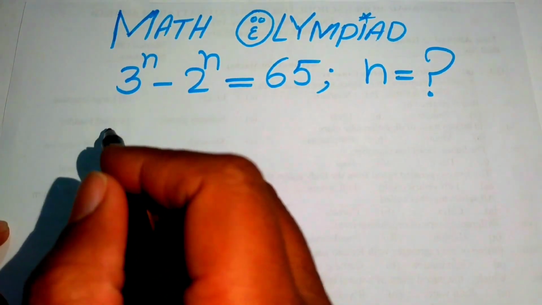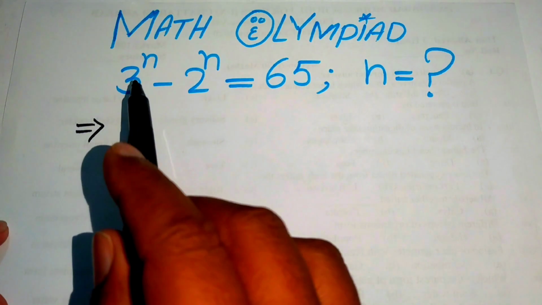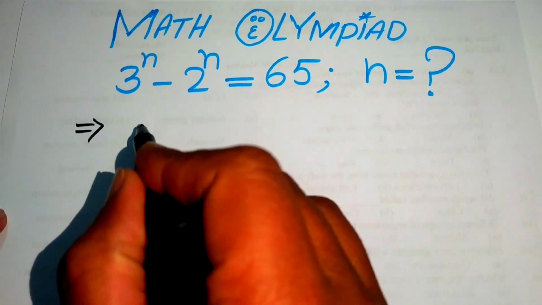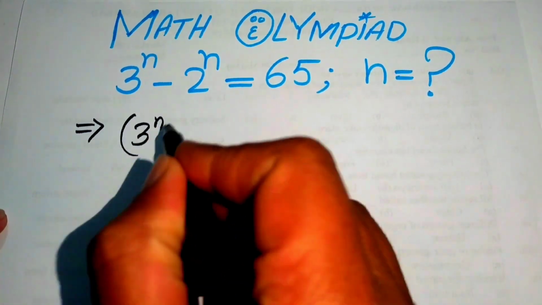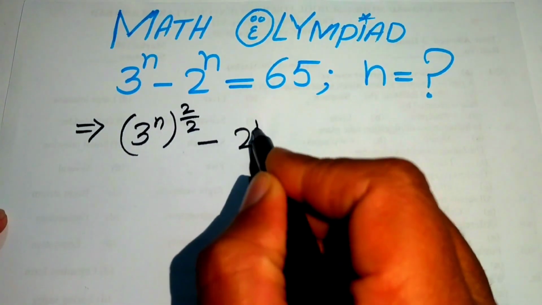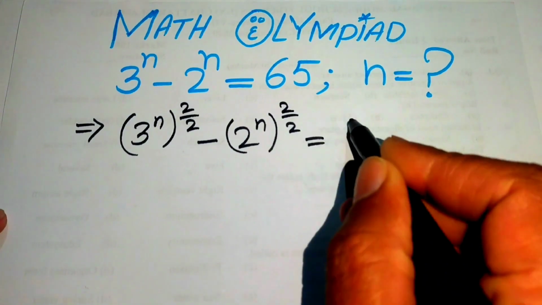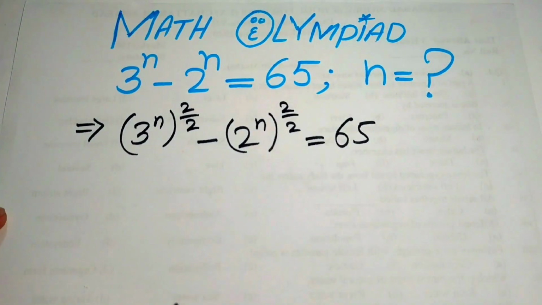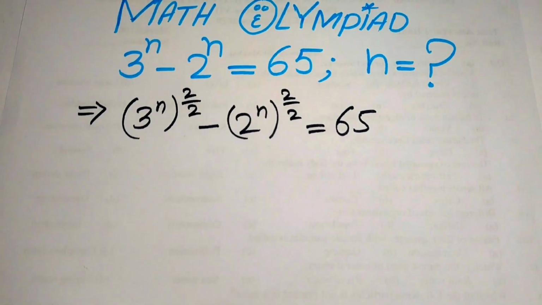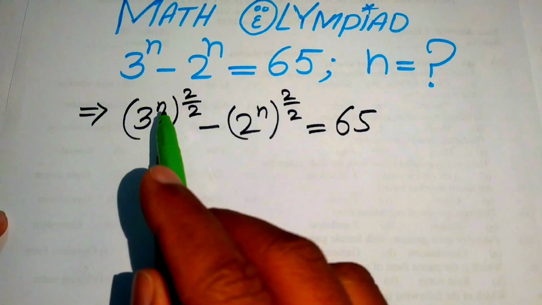So the very first thing we are going to do is multiply and divide the exponent of both of these terms by 2, and we write it as (3 to the power of n) to the power 2 over 2 minus (2 to the power of n) to the power 2 over 2 equals 65. And now in the next step, we multiply the exponents 1 over 2 and n,